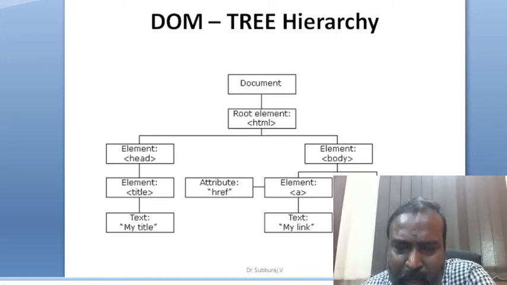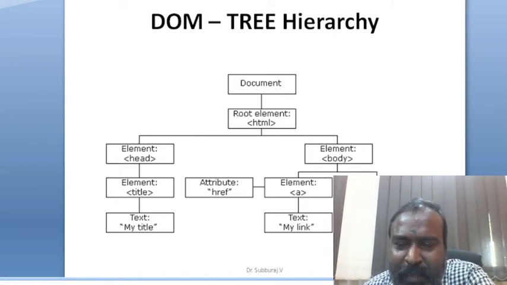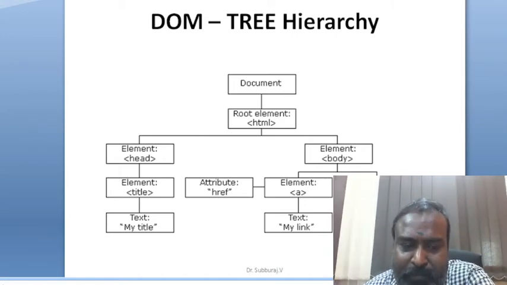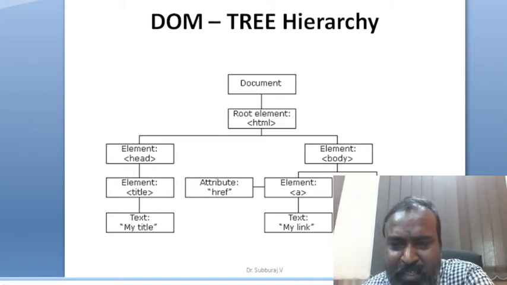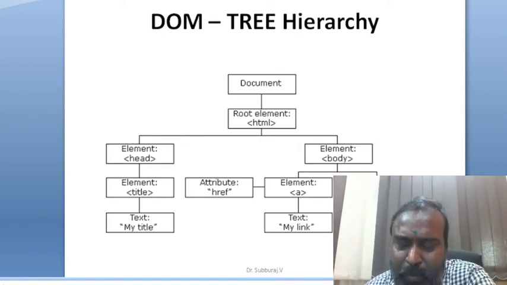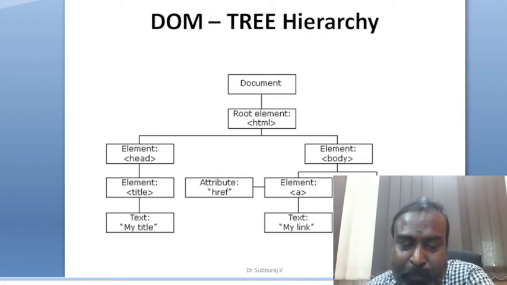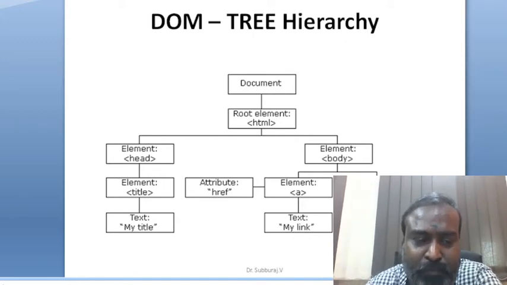We want to convert our page into a tree-like structure so that it can be easily customized. Why? Because it will avoid the refreshing rate. What is the refreshing rate? Each and every time you give a control, it goes to the server to check the validation. If you use this DOM tree structure, it will reduce that round trip. What does round trip mean? It is the time taken for the client page to reach the server and vice versa.